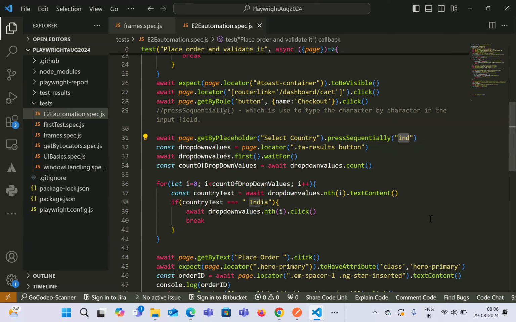Now in terms of getting the order ID, our goal is to move to the first column of each row, get the text value of the first column of each of the rows, and then compare it with the order ID that we have received, right? So how do we move to the first column of each of the rows? If you carefully observe, we are currently on tbody and tr, and inside every tr there is a tag known as th,